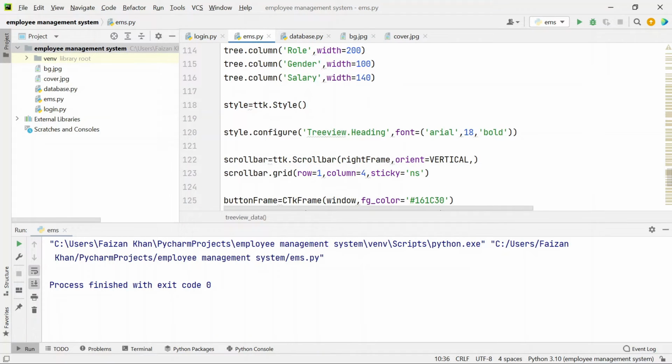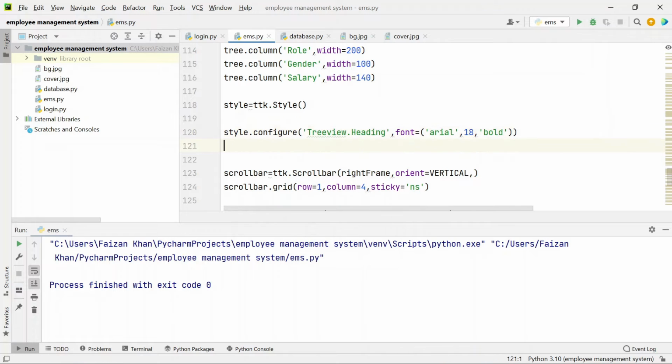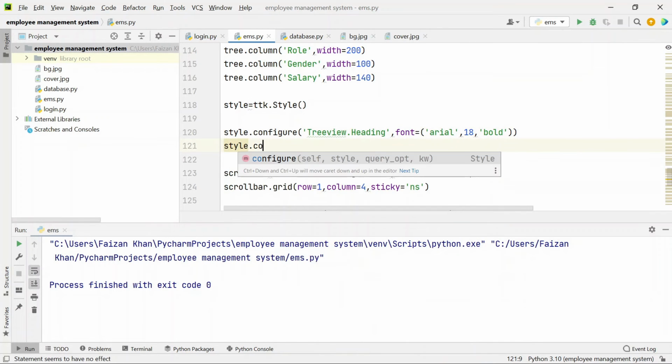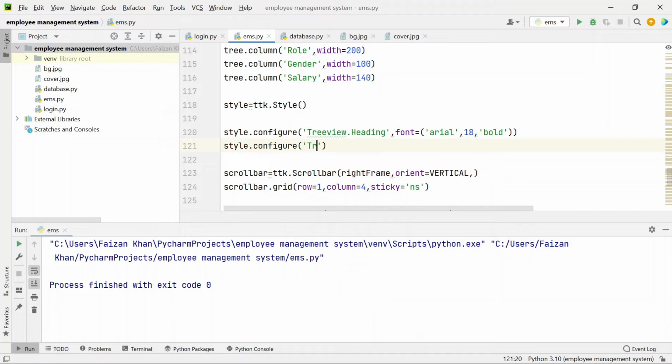Just like we have configured our tree view heading, here we have provided font for our tree view heading. In the same way we will configure our tree view. So we will write style.configure and we'll configure the tree view. Okay, firstly we'll provide the font. So the styling will be Arial, size of the text will be 15, and the text will be bold. Okay,